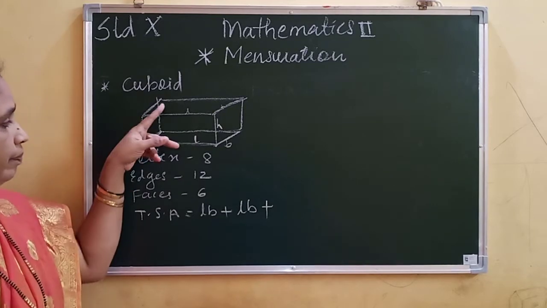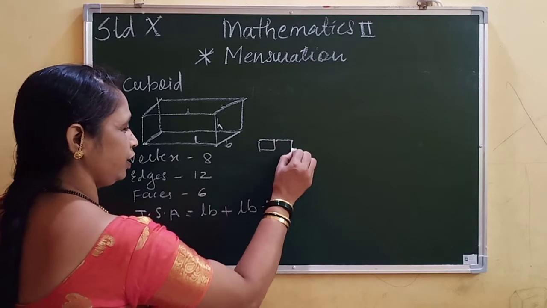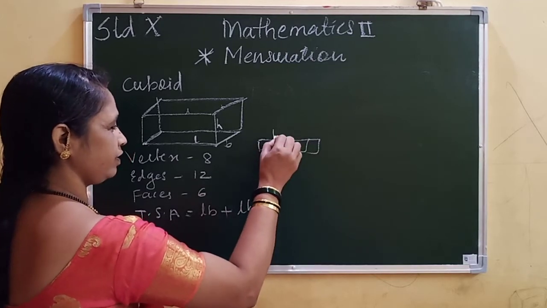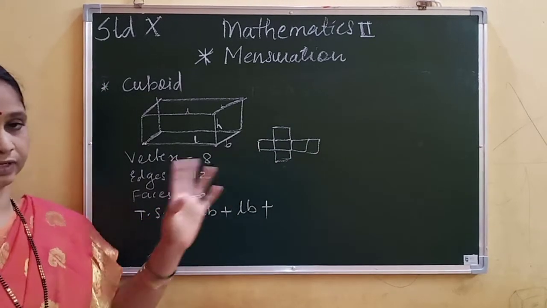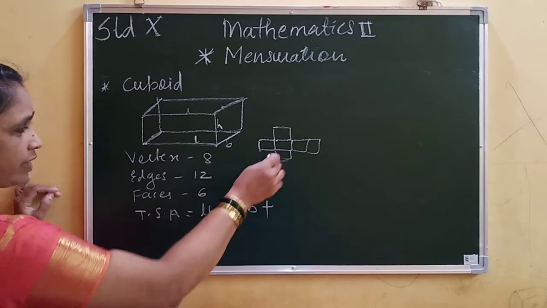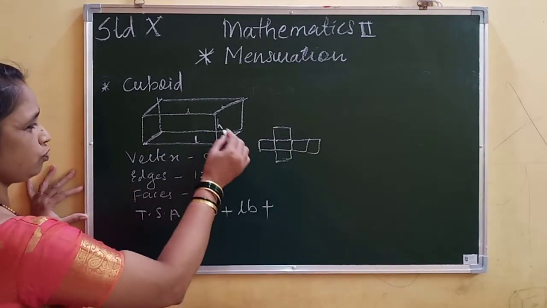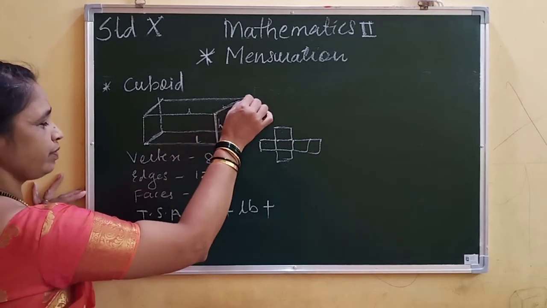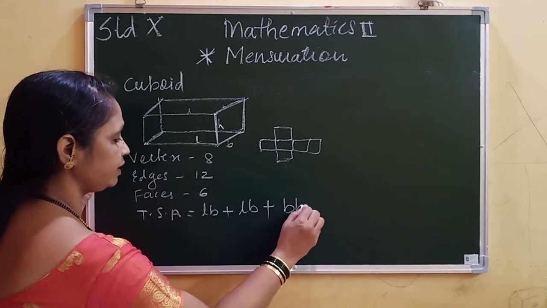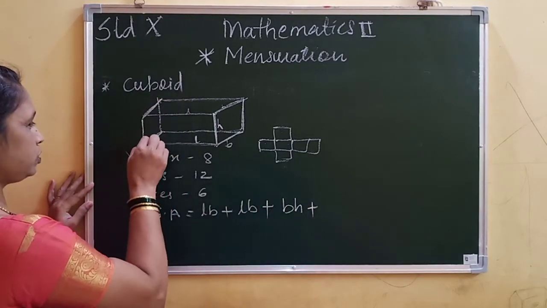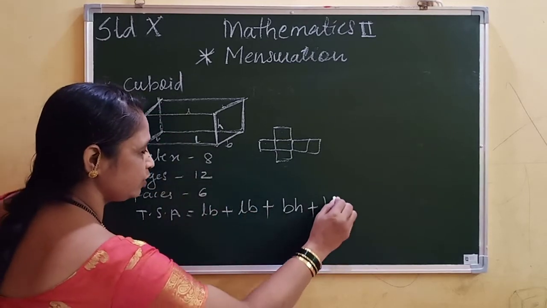Now about the upper and bottom part, like I have shown in the cube, these 4 vertical faces and this up face and this bottom face. Okay, so total 6 faces of a cuboid. So we have calculated the area of these 2 faces. Now we have to find the area of these 2 faces. See this face, it is breadth and height. So we will write breadth into height, plus in the same way the opposite face, also breadth and height, so breadth into height.